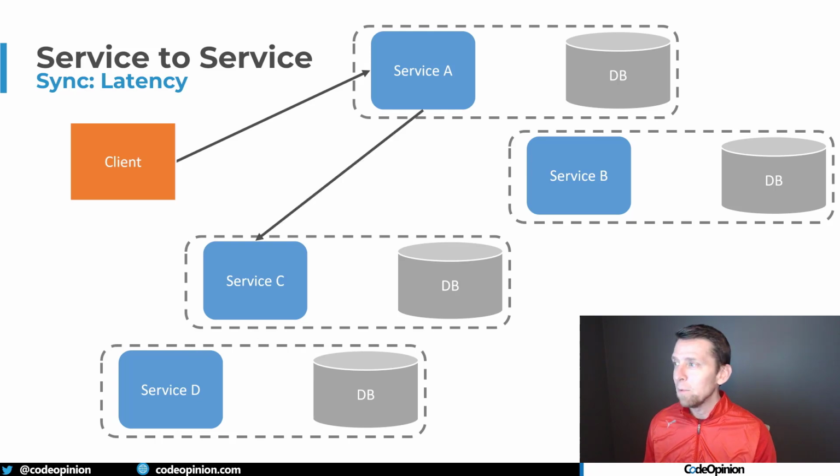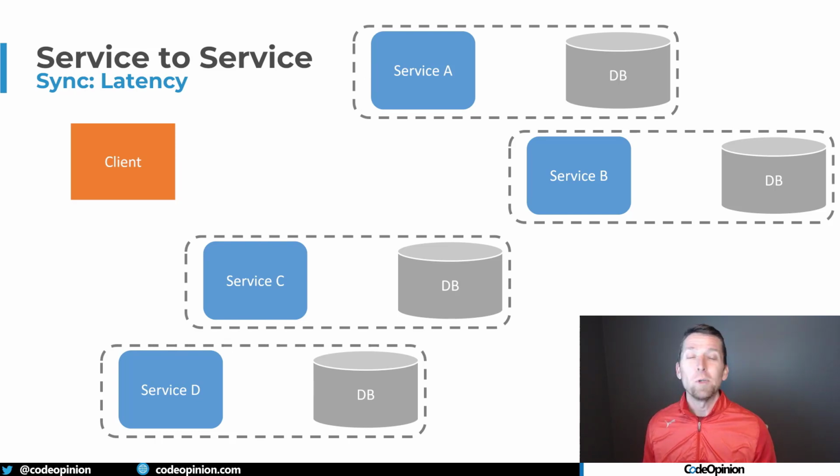Nope, we're not done yet. We also have service A that needs to call service C, which it reaches out to its database. And for some reason, we have this tangled web of lies here where service C needs to call service D, and we go all the way back up the stack. And that was all blocking till we finally return to the client.